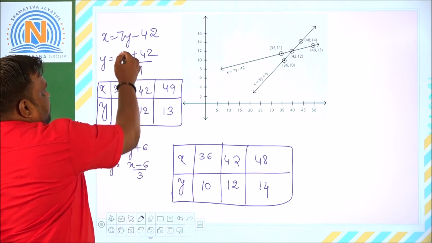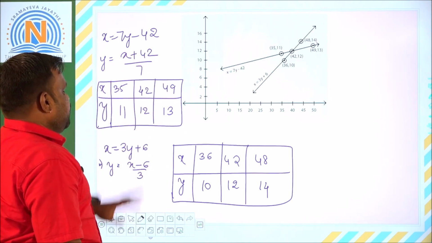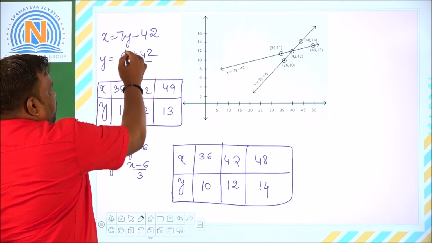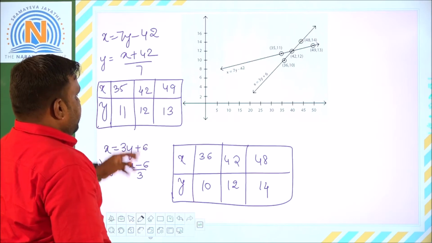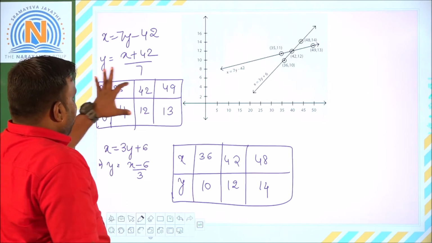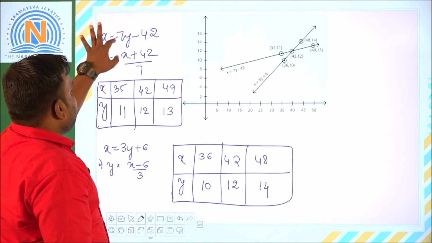So when you take x as 42, it is 42 plus 42, that is 84. 84 by 7, that is 12. Similarly, when you take x as 49, we'll be getting 91. 91 by 7, that is 13. So these are the values of x and y of this line, that is x is equal to 7y